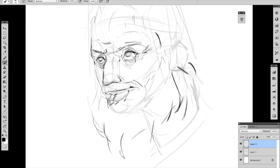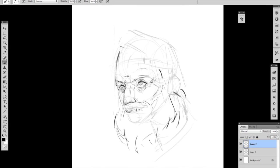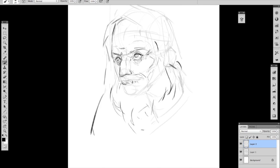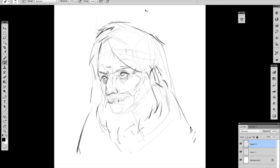Hand in hand with using the nose as an anchor for perspective, I'm trying to push the dimensionality of my forms through my understanding of space. You can see it when I'm drawing the eyes. I'm using form lines to tell how deep the eye socket is, how the eyelid is going to curve and warp around that eye. Think about it, the eye is just a ball. So you really want to make sure you get that wrap around those forms